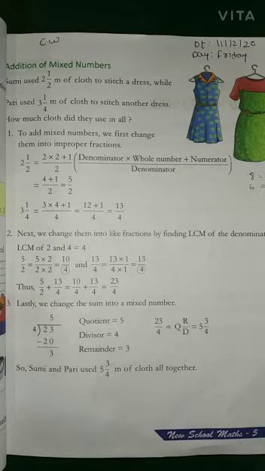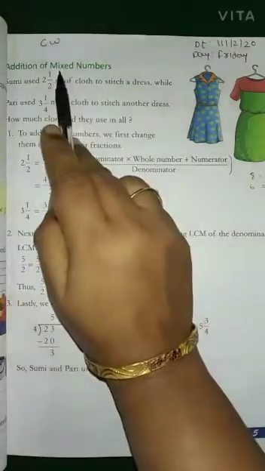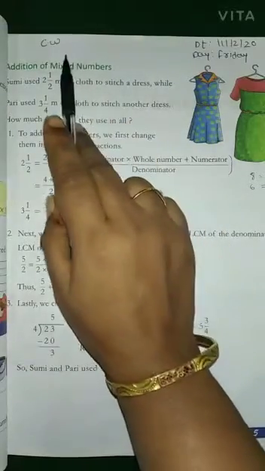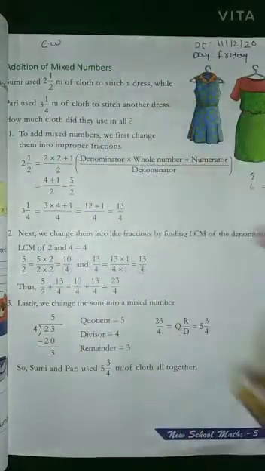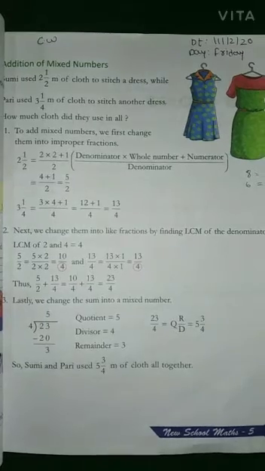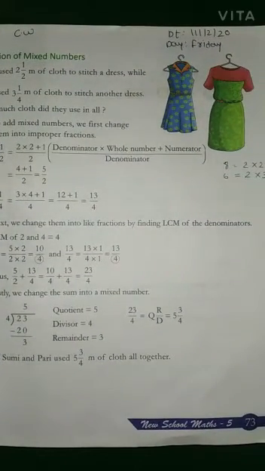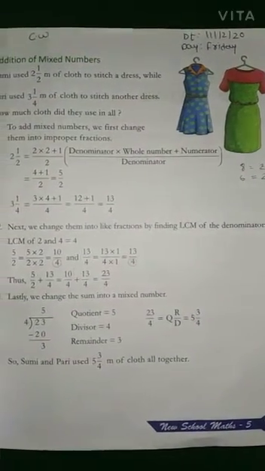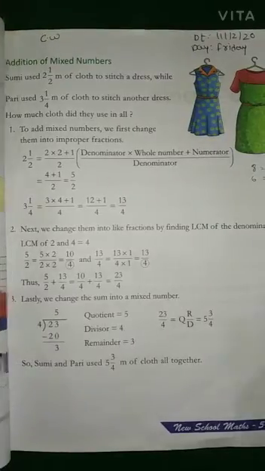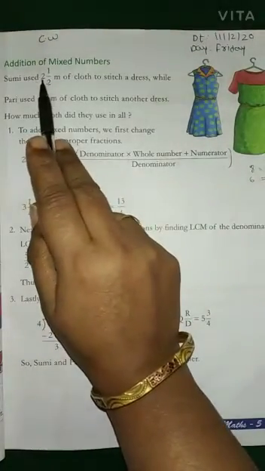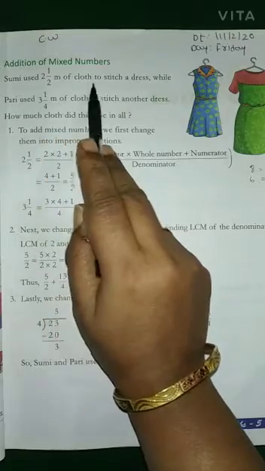In today's maths class, we learn addition of mixed numbers. So note down C.W, date and day, over your page number 73. So let's start. Sumi used 2 into 1 by 2 meter of cloth to stitch a dress, while Pari